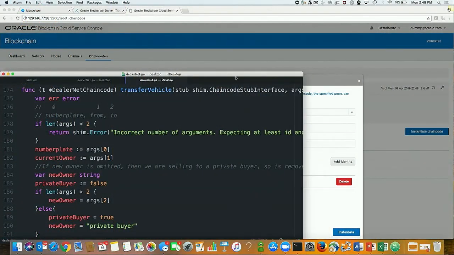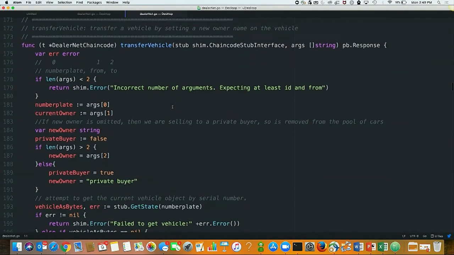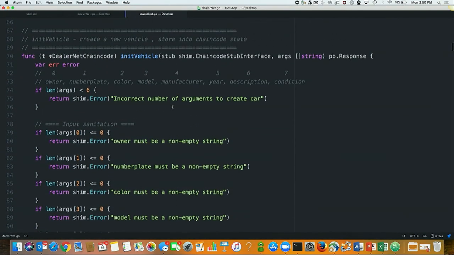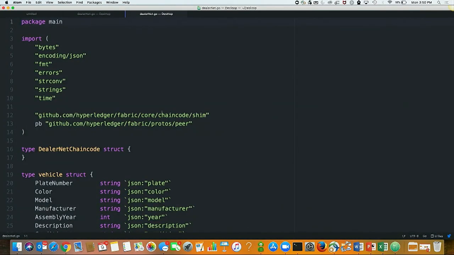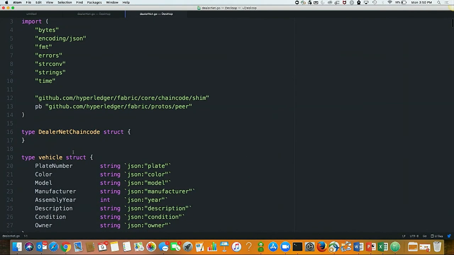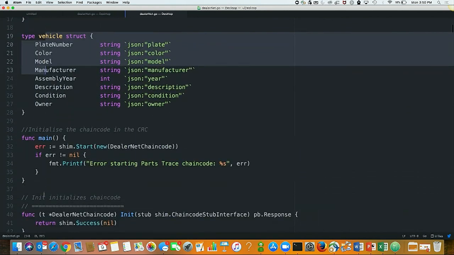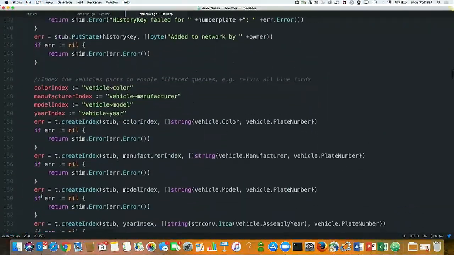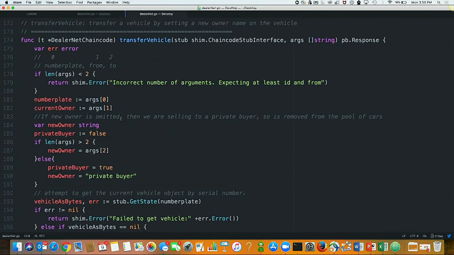Let me walk you through what the actual chain code looks like, right? Here, all this code is written in Go, right? That's the language that we are using. If you look at this code, you basically are defining the structure of the car, and every operation that you do with this ledger can be done through this. We were transferring the cars. There is a block of code here where we implement all the transfer aspects of it.